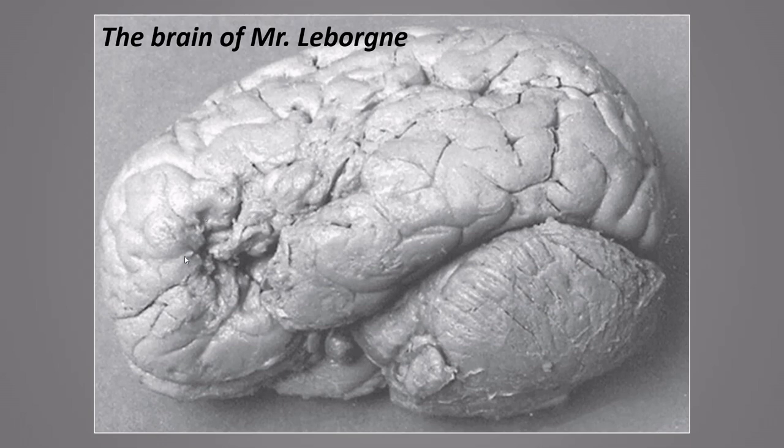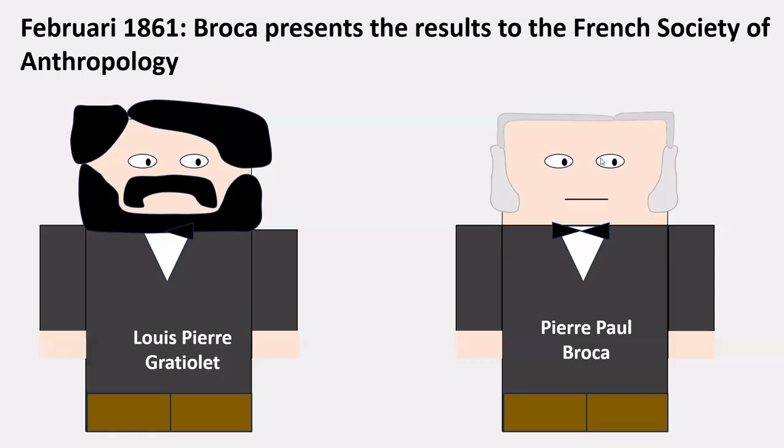So here we see the tissue defect located in the posterior 2/3 of the inferior frontal gyrus of the brain. Pierre-Paul Broca already in February 1861 presented his results to the French Society of Anthropology. That's right, not to a medical society, no, to the French Society of Anthropology, which was a society he himself had created and had about, I believe, 20 members at the time. And it was basically a society of very progressive free thinkers who believed in the theory of evolution and who were very interested in